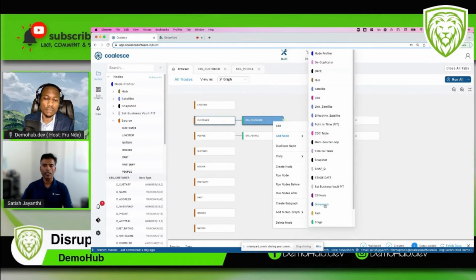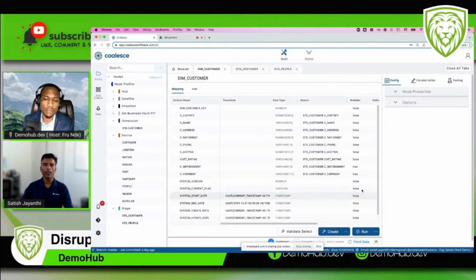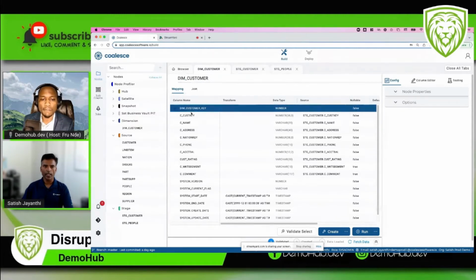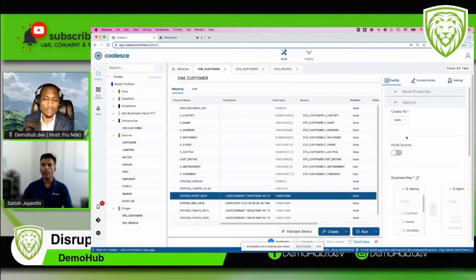Same thing, right click, pick the endpoint you want to create. So in this case, I created a dimension. It gets its own prefix naming standard. It has a surrogate key. It has some system columns added for you. And on the right-hand side, the configuration options are different. Because for stage, we saw a truncate option. Correct. For dimensions, because these are persistent tables,